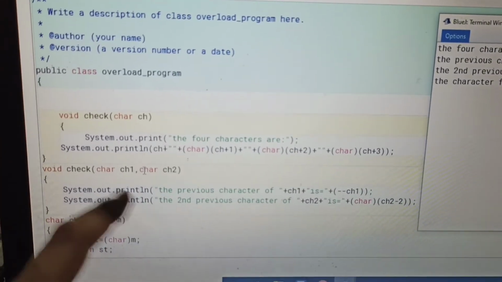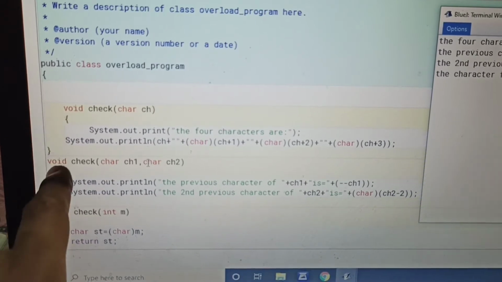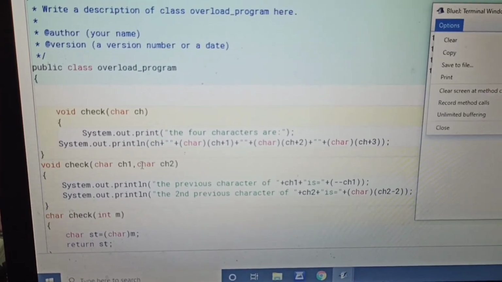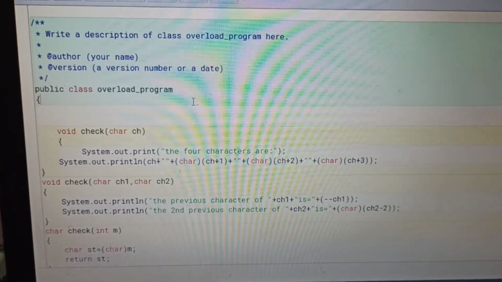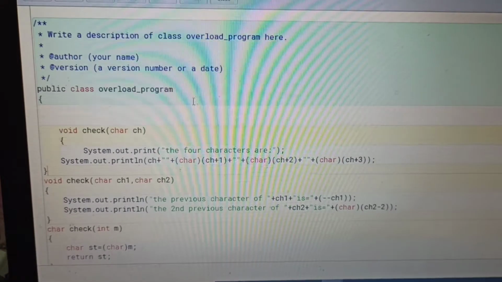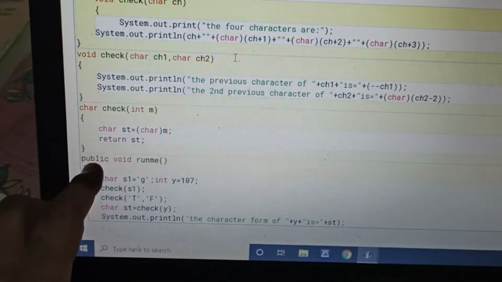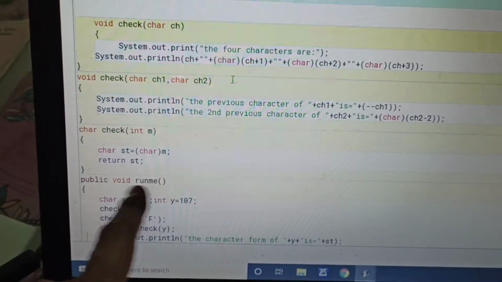Somewhere it is written, I'll show you, just wait. Void check. Now see over here, s1. As you can see, there is one more public void run method.